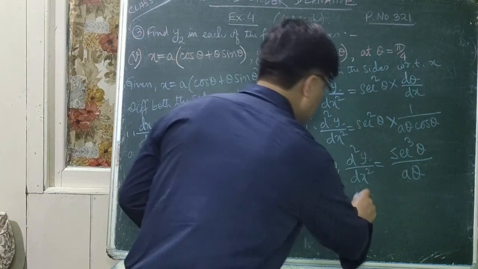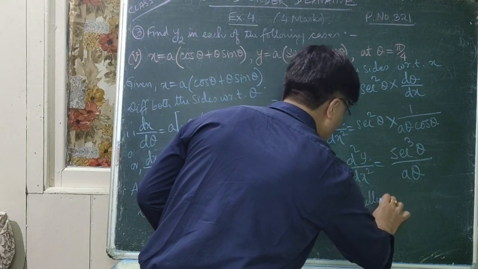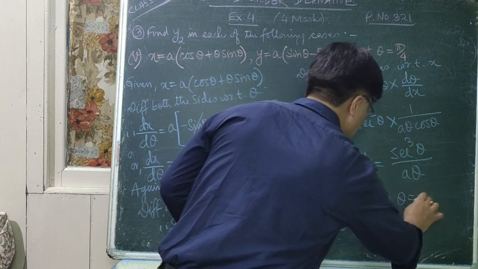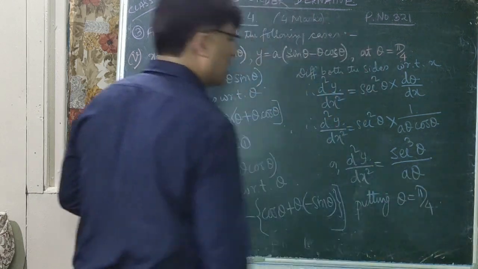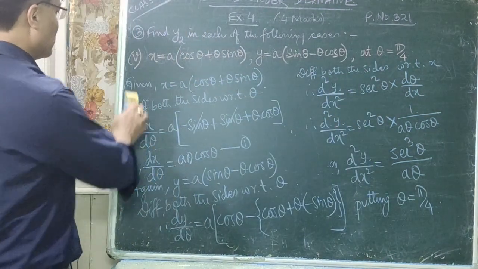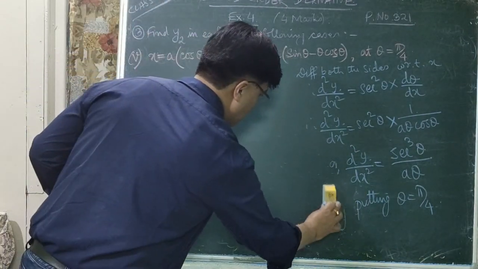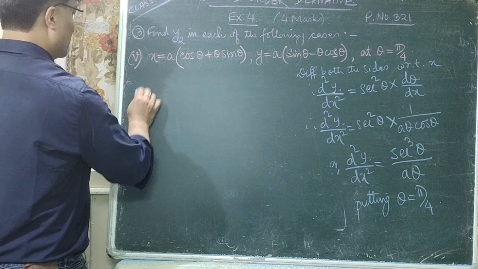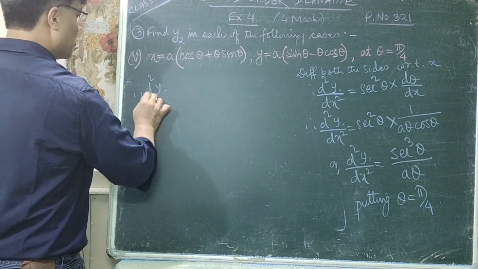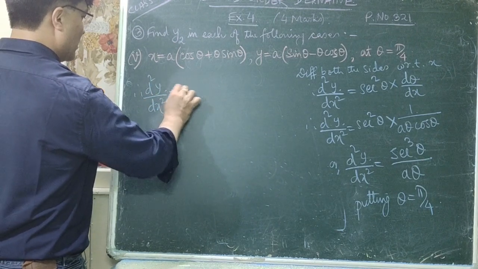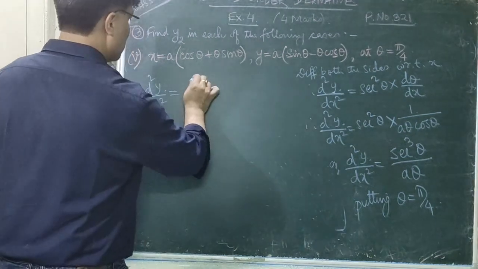Now you have to put theta is equal to pi by 4. So putting theta is equal to pi by 4, you will get the answer, right? What do we get? d square y by dx square is equal to sec cube